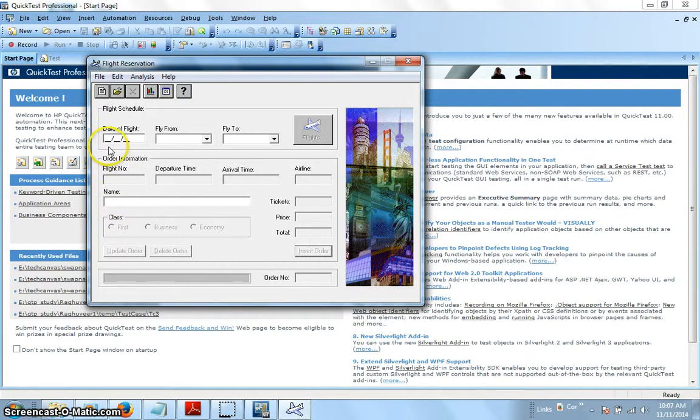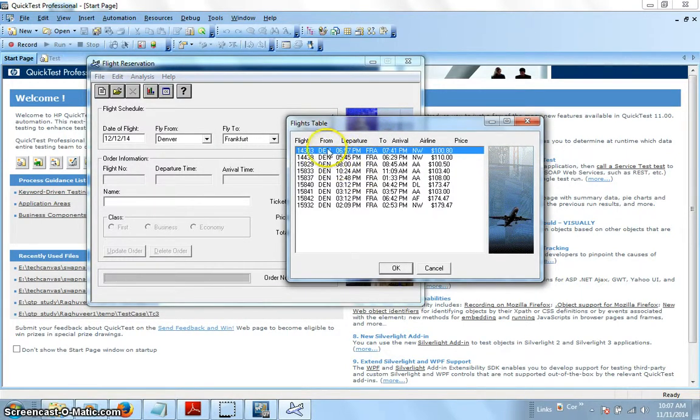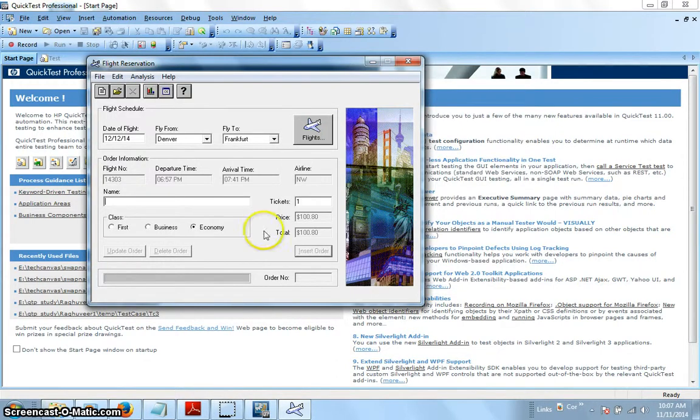Here I need to give a flight date, flight from, I'm choosing Denver, flight to Frankfurt. There is a button for flights. It shows the flight table, and I can choose the very first one, that is OK. Then it's asking on which name I want to reserve this booking. I say myself, and tickets 2.